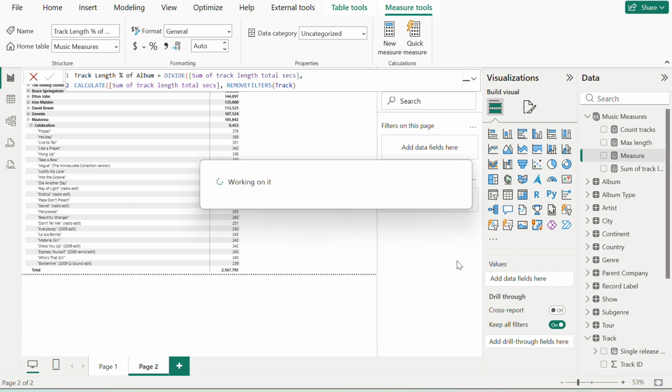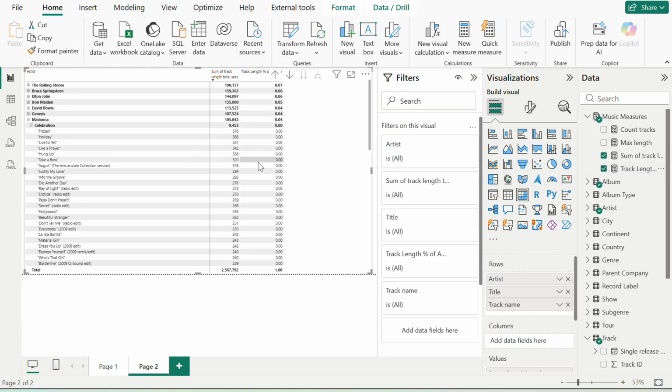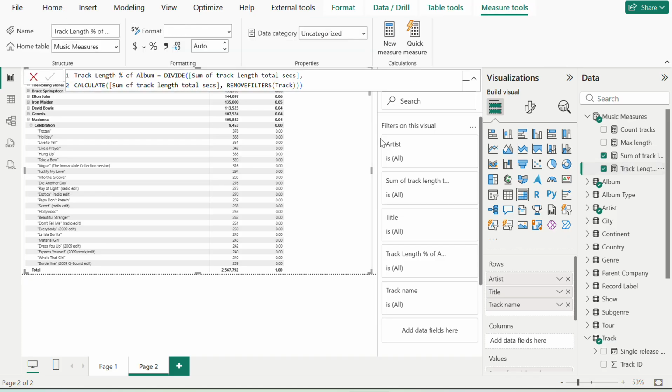So if I click enter here, and put this measure in this table and format it as a percentage,